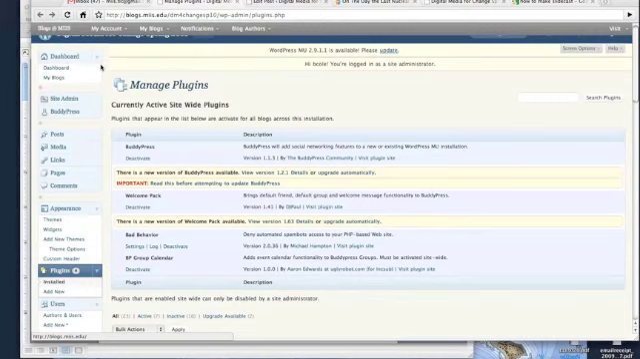Hi, I'm here to give you a quick pointer on how to embed your Slideshare creations into WordPress. WordPress is the blogging platform that we're using for our DM for Change course blog, and right now I'm